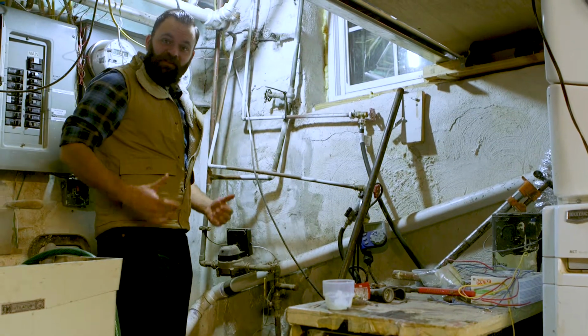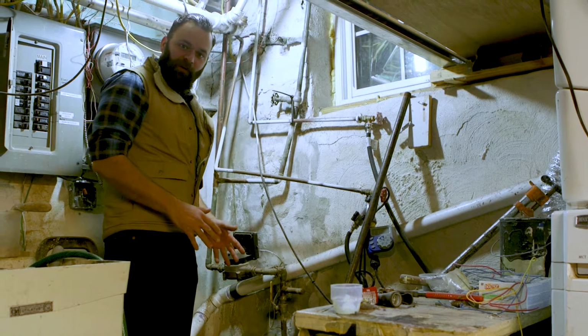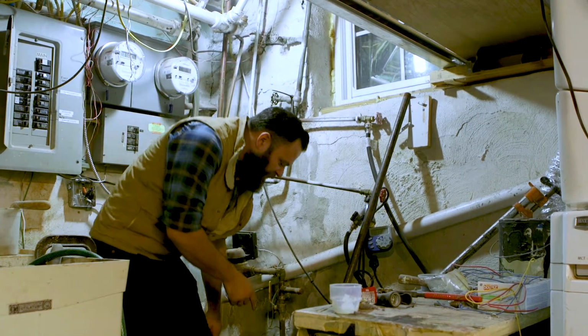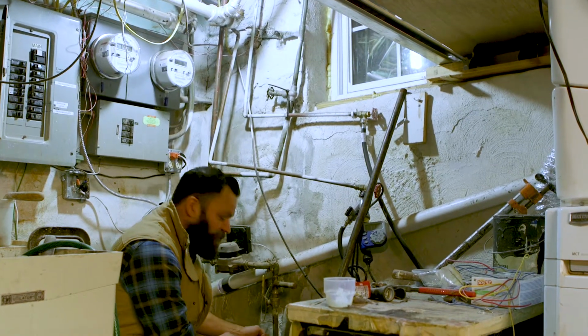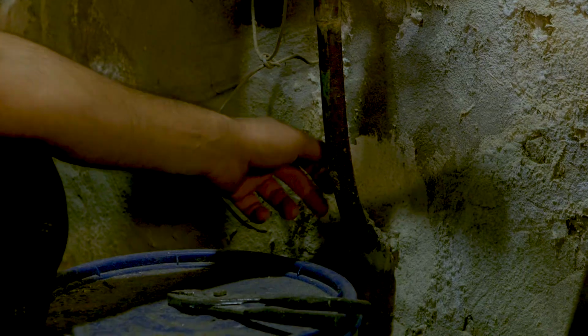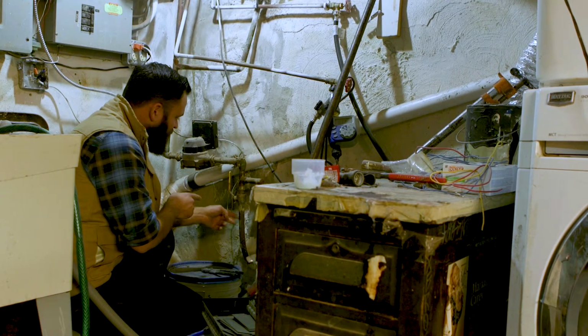Plumbing, as we can imagine, is one of the more important components of any home. A subcomponent of plumbing is the domestic water. What we're looking at right here is the point at which your cold water is piped in from the city ordinance. Right here we have this lovely copper pipe coming in, and very, very importantly, we have our